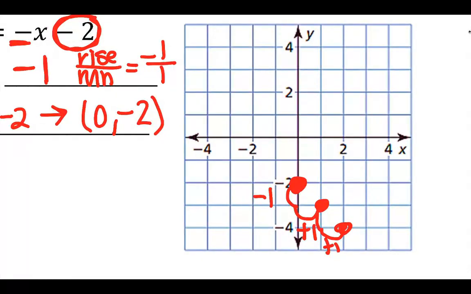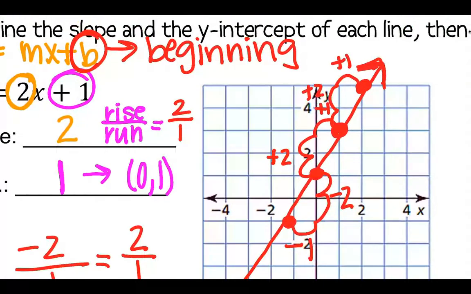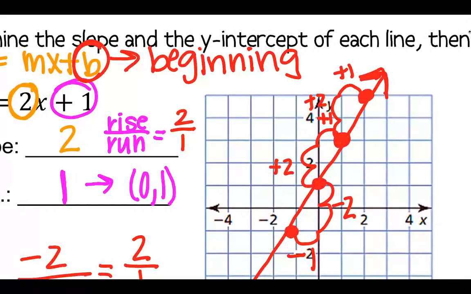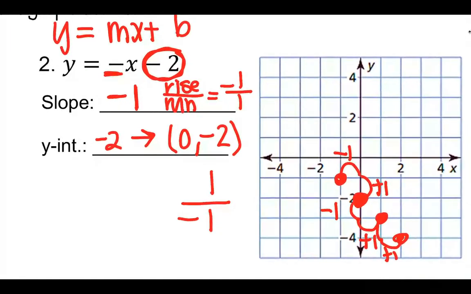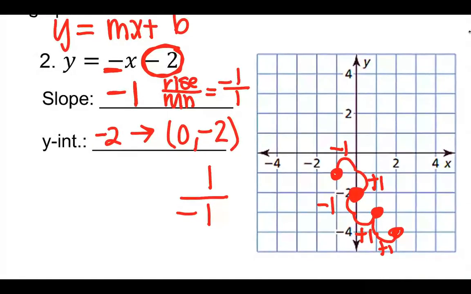You can also do the opposite, because this whole fraction is negative, so I could also make it to where I've got a +1 and a -1, because that would mean I would go up +1 and to the left -1 and put a point. You can do the opposite as well, as long as the whole thing's negative. So just like we did this positive one, if they're both positive, I can change them both to be negative. Over here, if one's positive, I can change it to be negative and the other one to be positive, as long as the whole thing stays negative. If there is one negative sign in there, it's going to make the whole thing negative. Then I'm just going to connect my points,